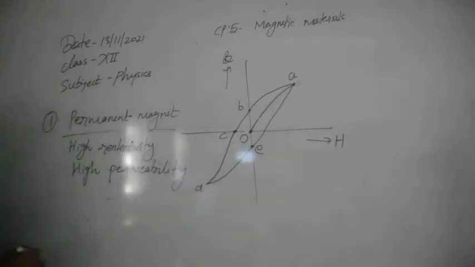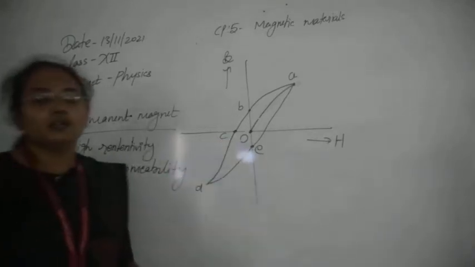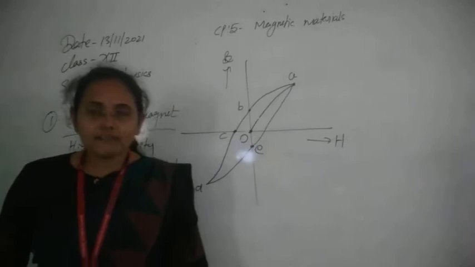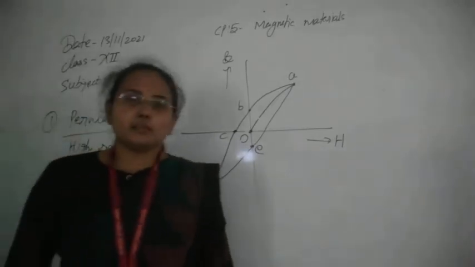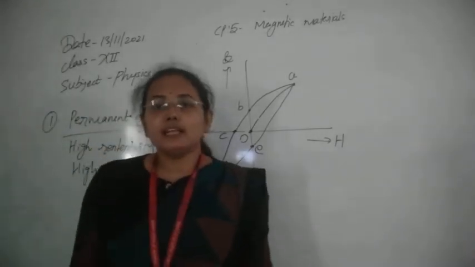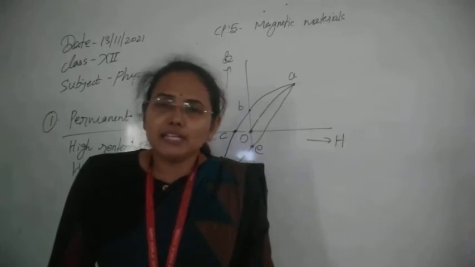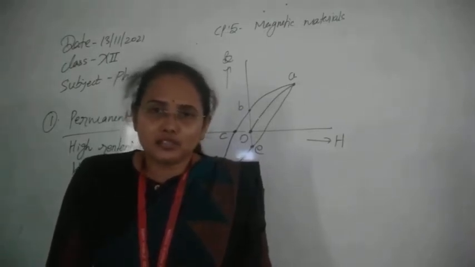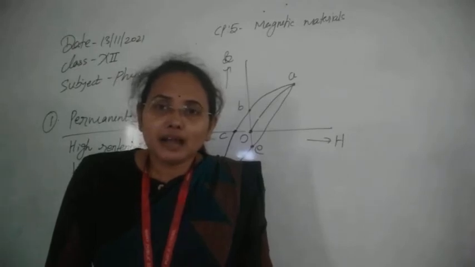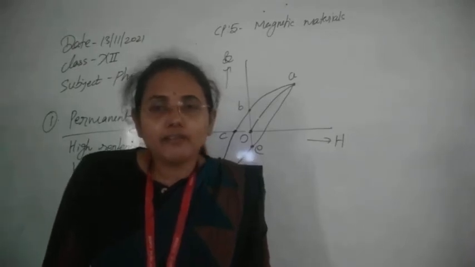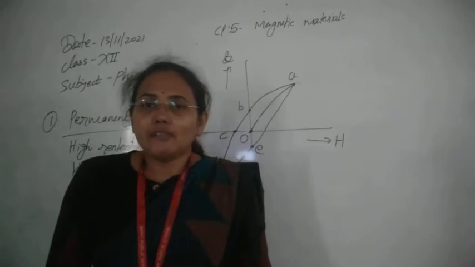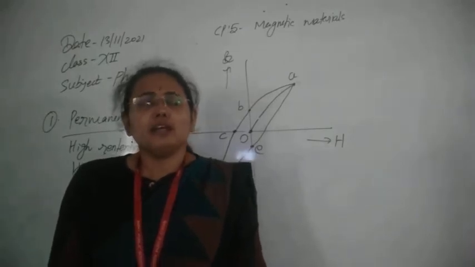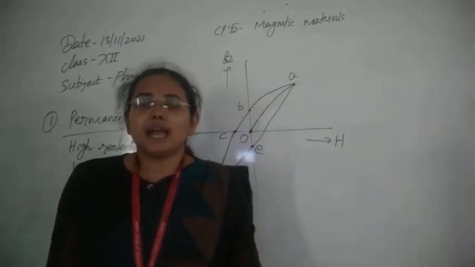Now the third property, the coercivity property. Coercivity means that even if we have a low-coercivity material, we need only a very small field to remove the magnetization. Permanent magnets are those whose magnetic field should be retained even after a long time, even when a lot of forces and other magnets are present.